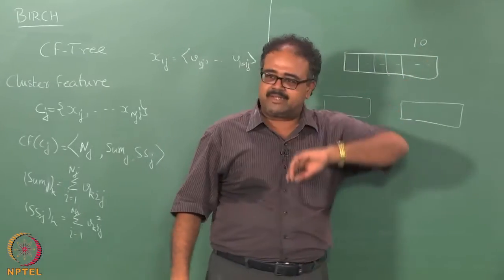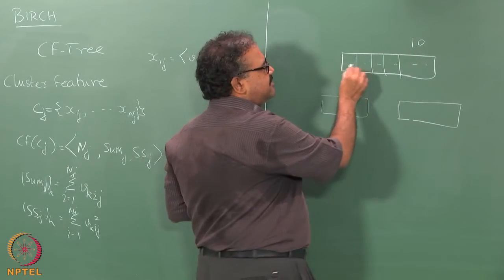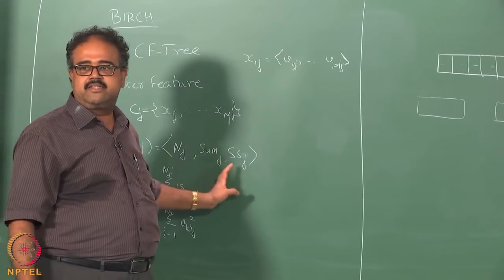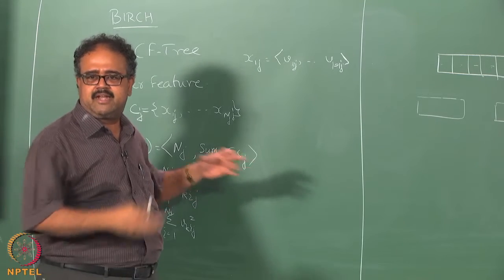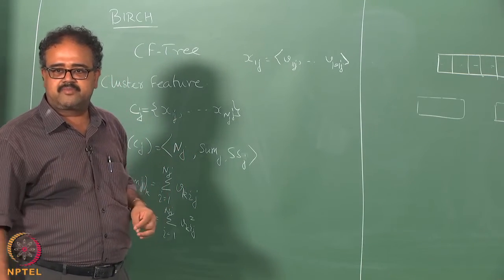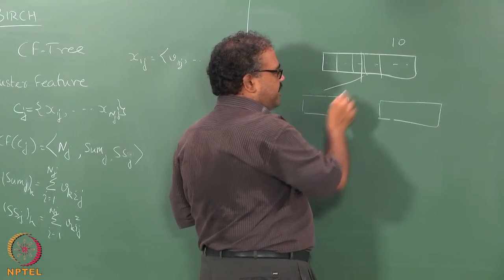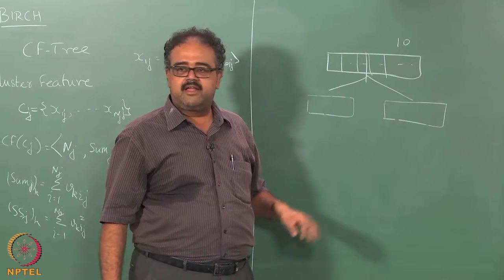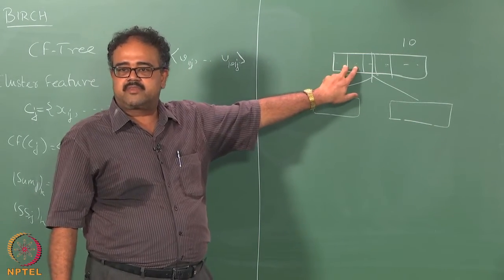So, here let us say I picked 10 somehow, I said 10 is the number I am going to store, and what are these numbers? These are essentially 3 things like this, each one of these only 3 things like this. At some point I say, okay, even if I have a 4 KB page, even like 100 clusters, I should run out of space, I will say no, I want to break it. So, then what I do is I split this and I put 5 here, put another 5 here, and then I will start off with 2 entries here,